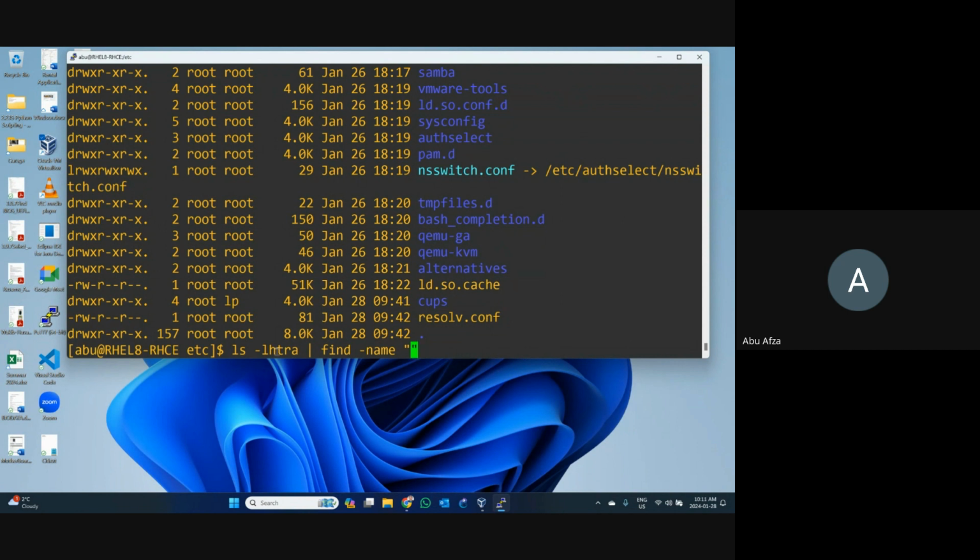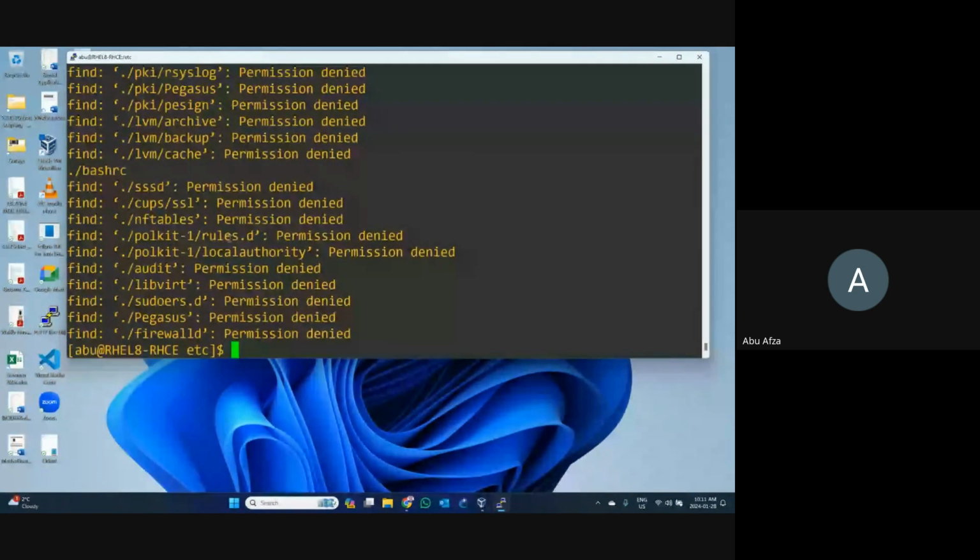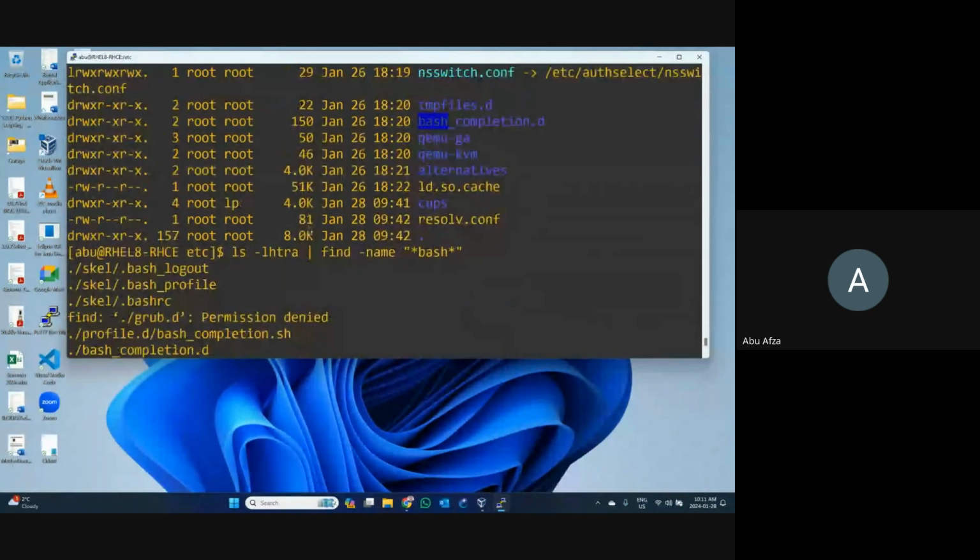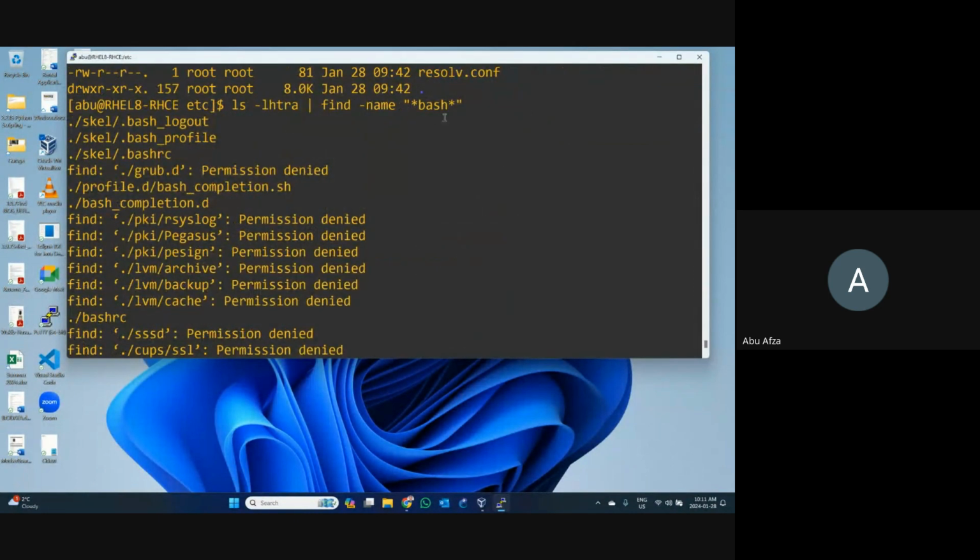In the brackets, I want to start with double star. In between there, write which one you want to find out. Let me write down bash, only this bash. If the bash starts or not, okay, write it down, after then I'll discuss. Bash. Now I can see from where, here. I write down bash. These few things I write down in here.